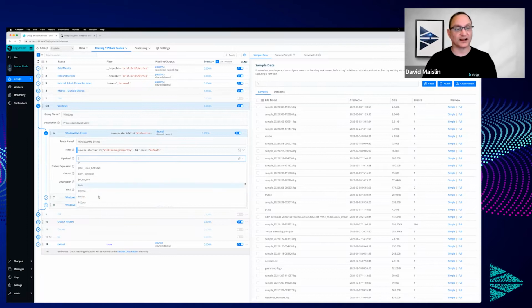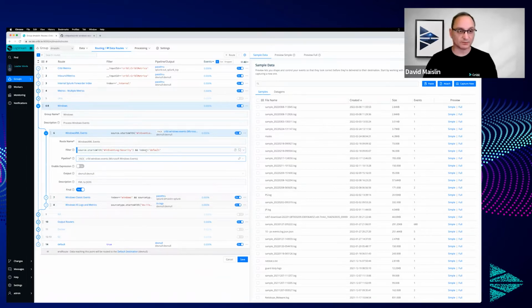And so I have a lot of pipelines you see here. And so what I'm going to do is I'll just type Windows, and there is the pack right there. And what's going to happen is data comes into the route, and it's going to match on a specific source, a source type, whatever you set your filter to. And when that matches, it will go into the pack, which is like a mini Logstream. So in going into the pack,